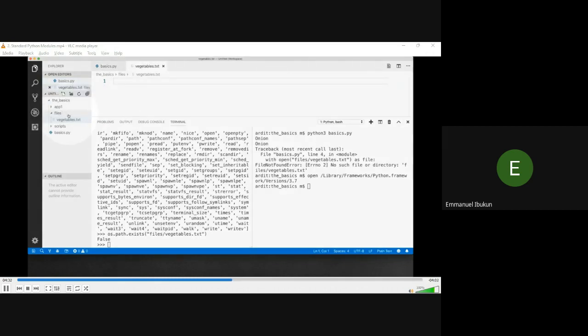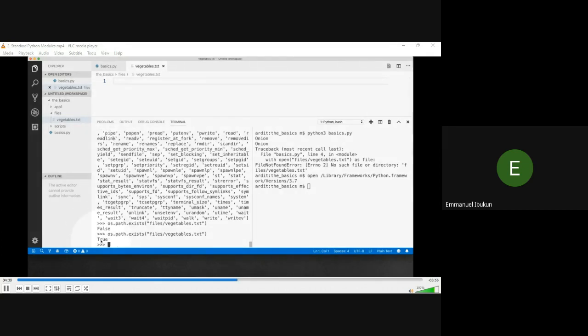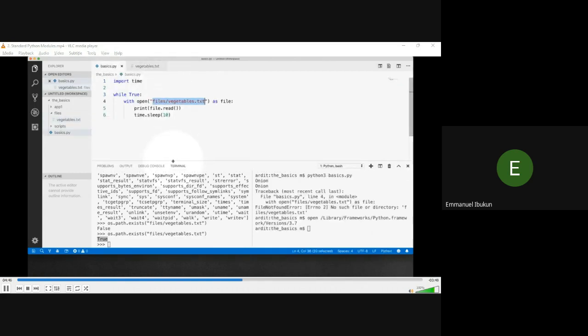so now I have a files/vegetables.txt file path. If I execute that again, I'm going to get True. And we can make use of that fact in our Python program. So what we want to do is, before